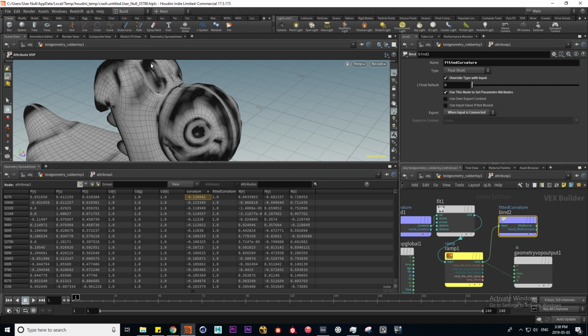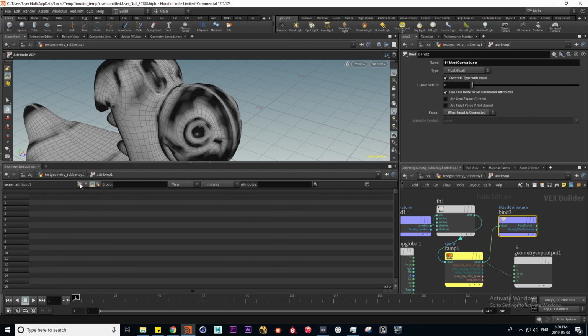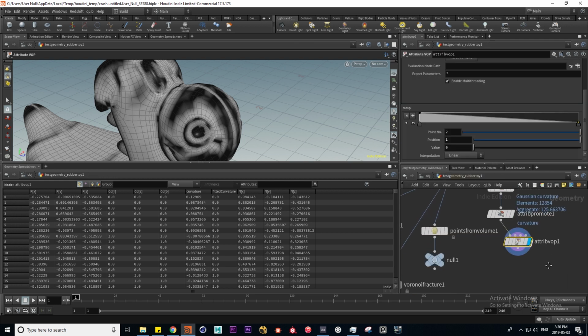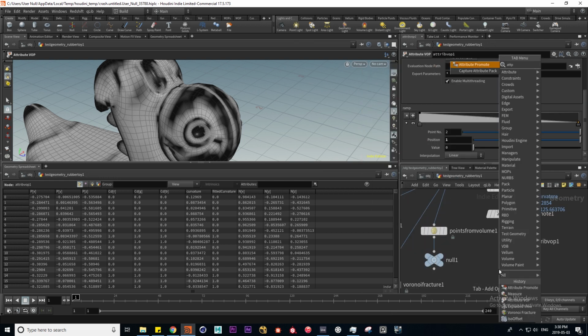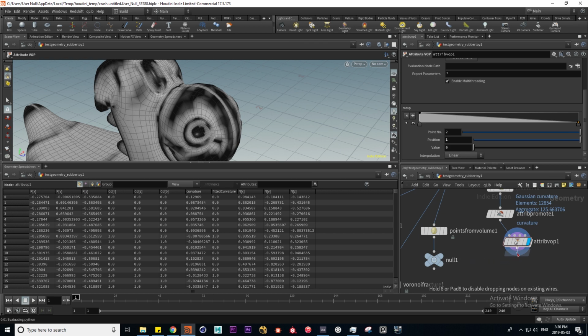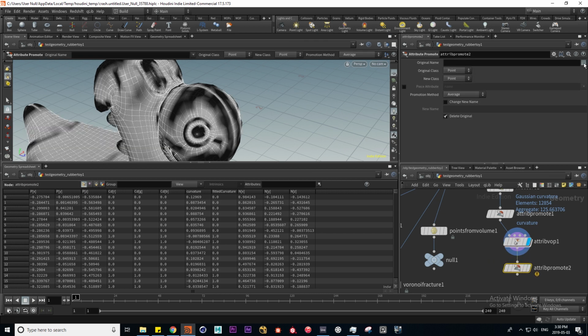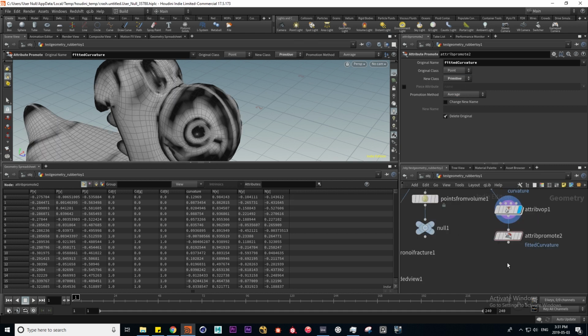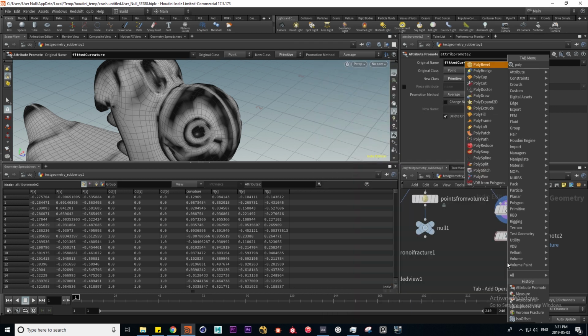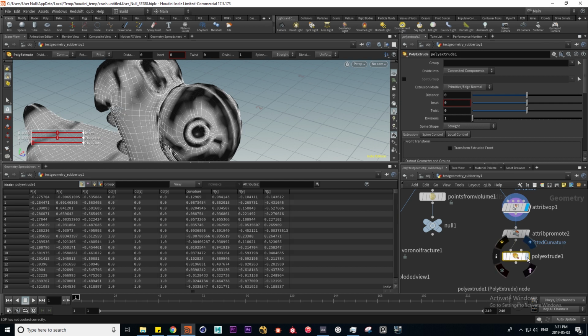Now I'm going to extrude these primitives based on the curvature. So what we need is this fitted curvature to go onto our primitives, which we don't have. So again, I'm going to go up and create an attribute promote and take the point attribute of fitted curvature and promote it to primitives. This is because our polyextrude SOP needs primitive attributes for its variable manipulation. So now if I pipe this in and flag it,